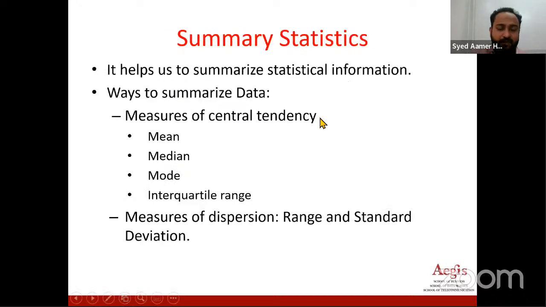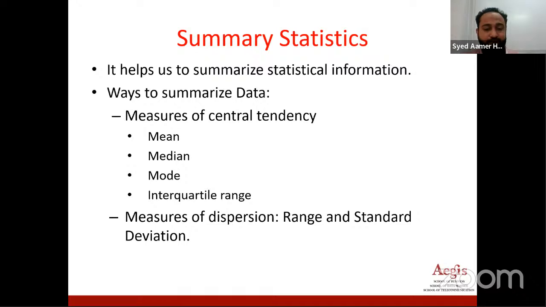Okay. Now, I told you we will be performing the EDA process based on summary statistics and visualization, right? For visualization, we will be using libraries called Matplotlib and Seaborn. And for summary statistics, we will be using some formulas of statistics. We have central tendency measures like mean, median, mode, and interquartile range.